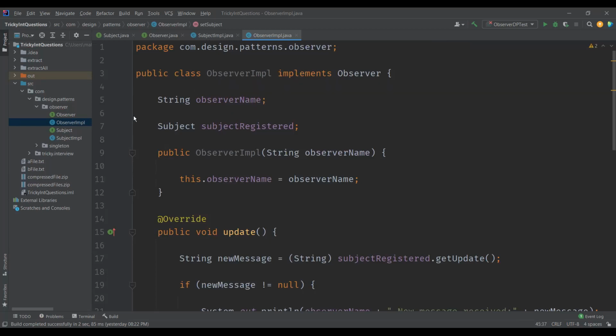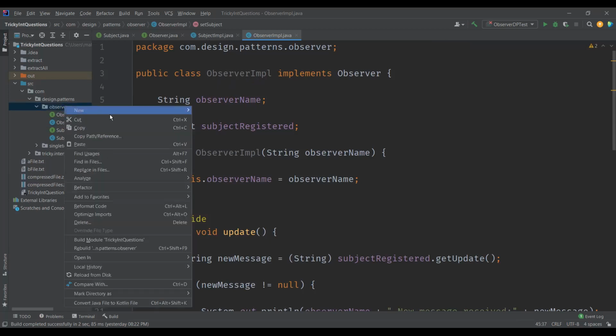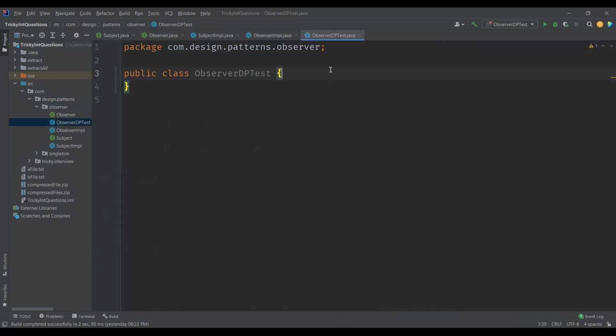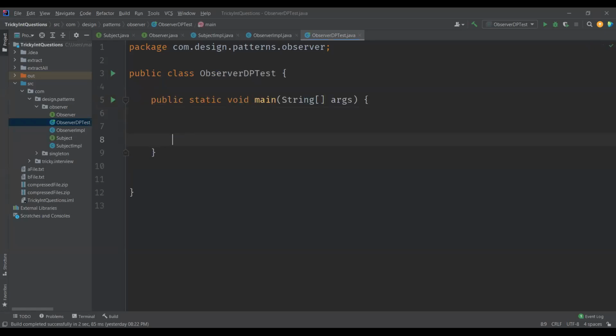Now we wanted to test this pattern. For that, let me create a new class. I'll call my class observer design pattern test. As we wanted to start the execution from this class, let's have the main method defined first, and then here we'll have the subject. I'll call my subject implementing the subject.